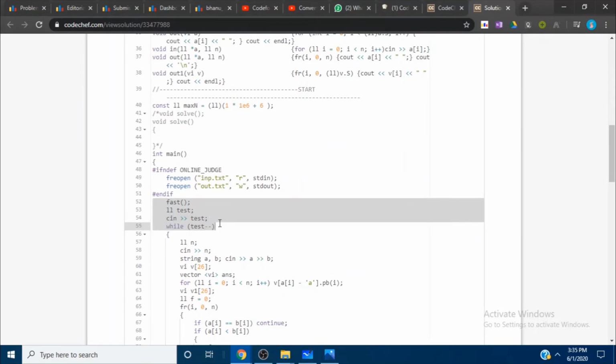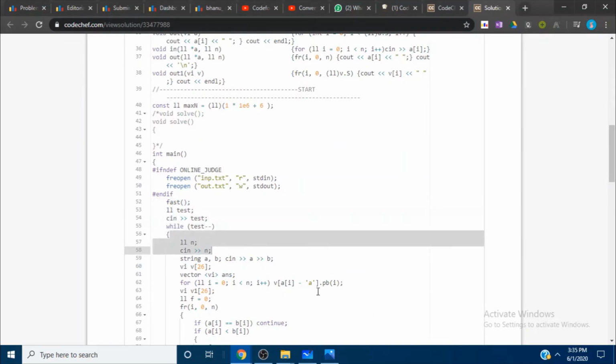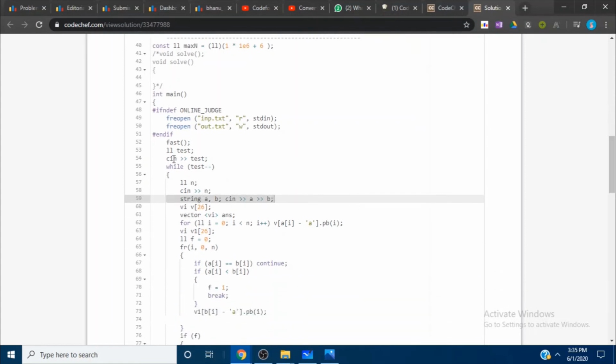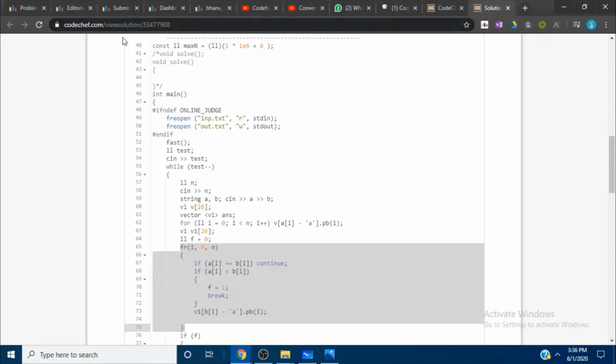Here I have taken test cases and input n, which is the size of both strings, and I have taken two strings a and b, and two vector arrays v and v1 of size 26 to store the information about the characters in string A and string B. What I am storing is the positions of the characters in both strings A and B. So this loop is for storing the character information of string A, and this loop is for storing the character information of string B.